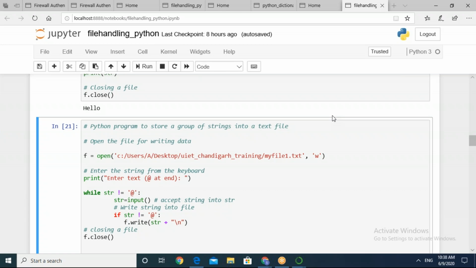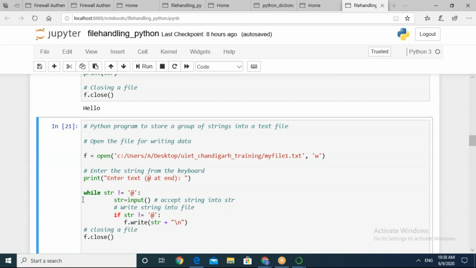Next is a Python program to store a group of strings into a text file. We are going to append the file with a group of strings. I have just opened the file in write mode, W mode.